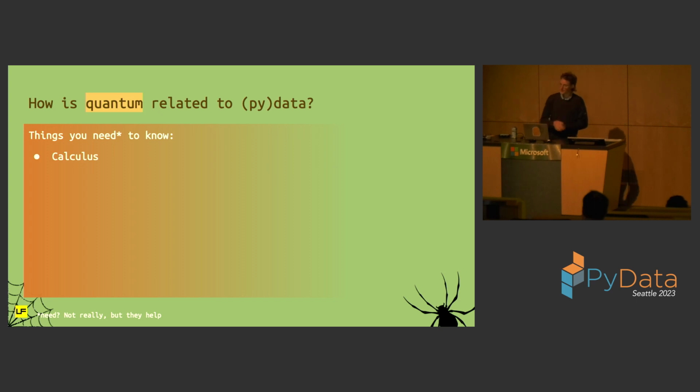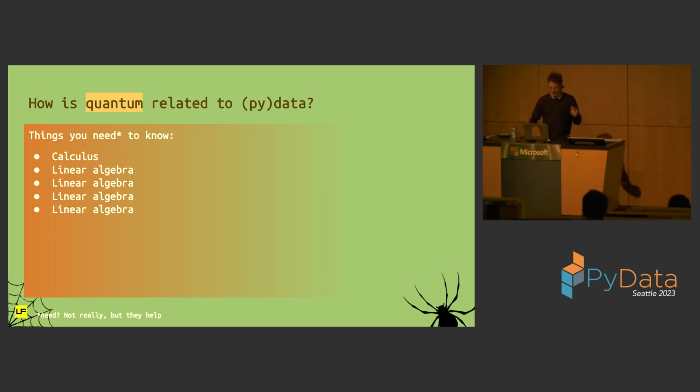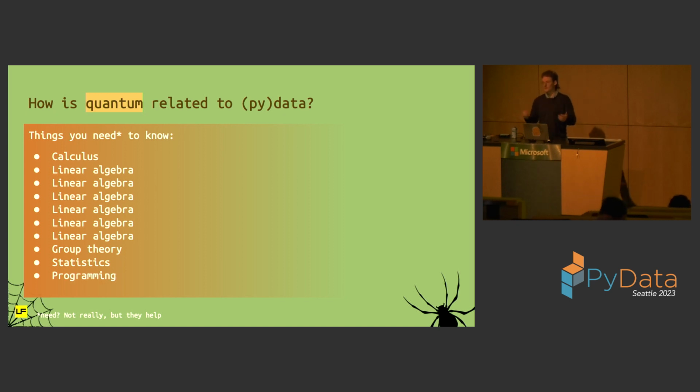So the things you need to know: some calculus. That's underlying a lot of machine learning and data science. We know that kind of stuff. Linear algebra. A lot of machine learning is linear algebra. We know that. And then quantum is also a lot more linear algebra. There's a ton of linear algebra. And then there are some other things that go into quantum. But my point is that there's a lot of overlap in the mathematical ideas